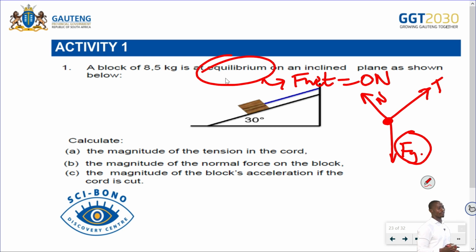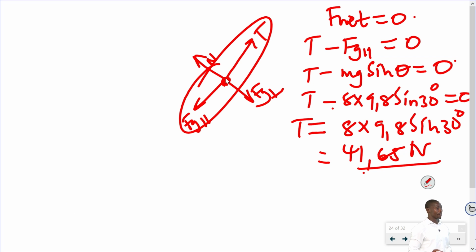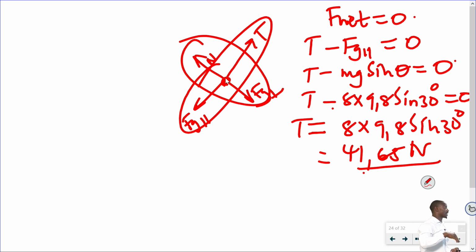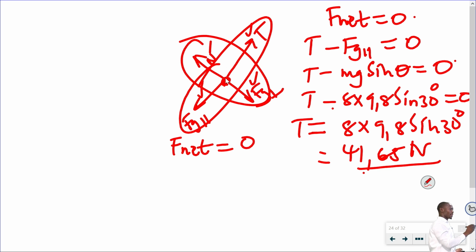Then let's go back. The magnitude of the normal force. In this case, we have resolved your weight into its components. So how many perpendicular forces? There are 2. But since this object is not moving perpendicular, it's moving parallel to the incline, this and this you must get 0. But even for these 2, it's 0 because the forces are at equilibrium. So net force equals 0. Then you have normal force minus Fg perpendicular equals 0,